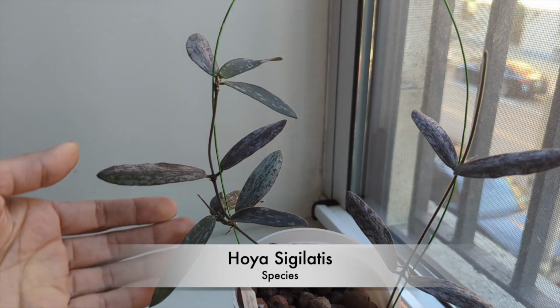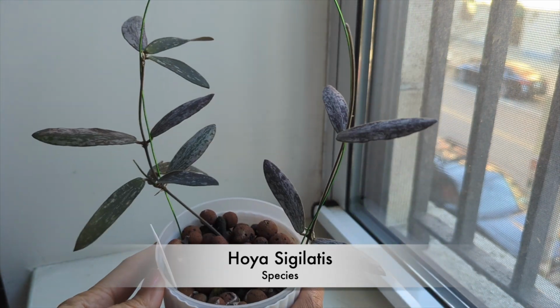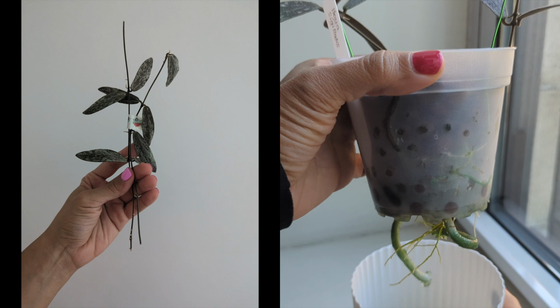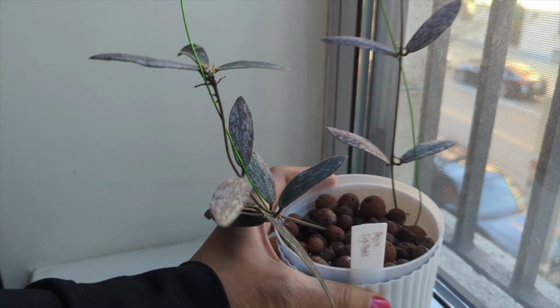Okay, the next Hoya that I have is the Hoya Sigilatis. This is a very beautiful Hoya. I love the silvery leaves on this. Very, very pretty, very different. It's grown well. You could see that the roots are going down the pot, so it's quite vigorous. In terms of leaf growth, it's pushed out a couple of leaves since I got it in